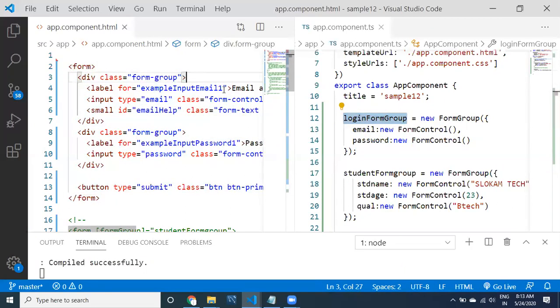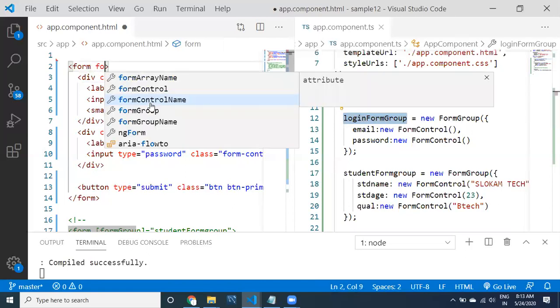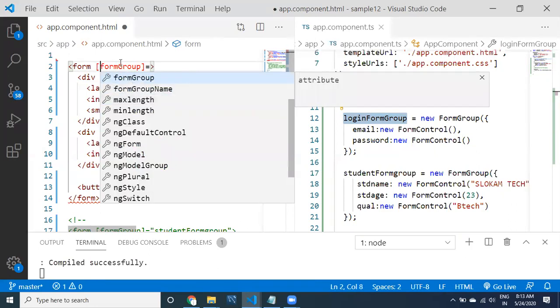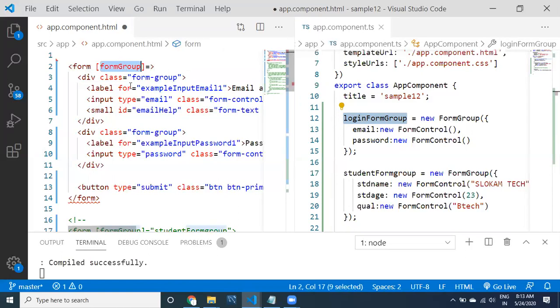To associate these, I need to use formGroup. To provide the property for this group, we need to use property binding, that is brackets.